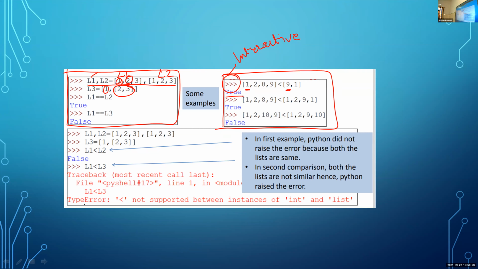Okay. Here also, the first one is equal, so we can't say anything based on the first two values. But the third value is 8 and 9. So it will compare 8 less than 9, which is a true statement. So the result is true. If it is true, then it will never check the remaining one, 9 and 1.